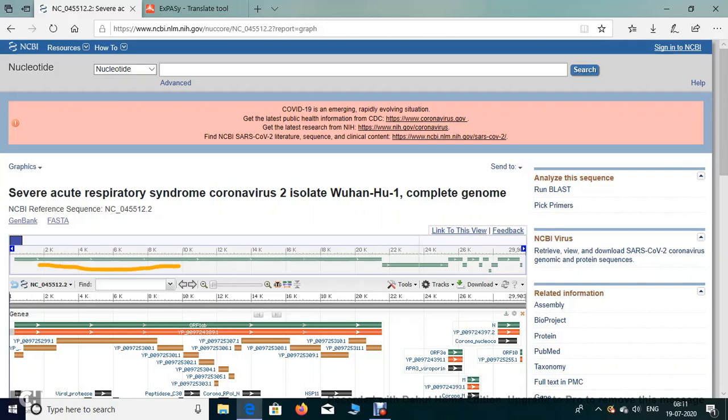This is the ORF for the RNA gene, one ORF is for the spike protein, and one of these ORFs is for the other surface protein. So different types of ORF translate different things, and from this a whole virus is produced. So we got the graphical form. Next, let's go to the next.